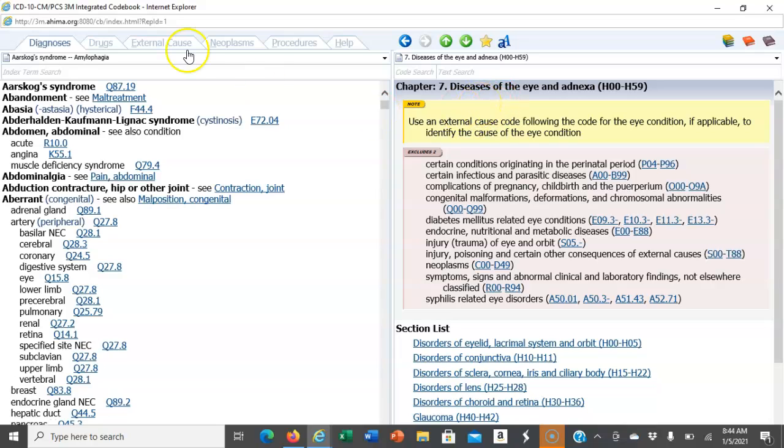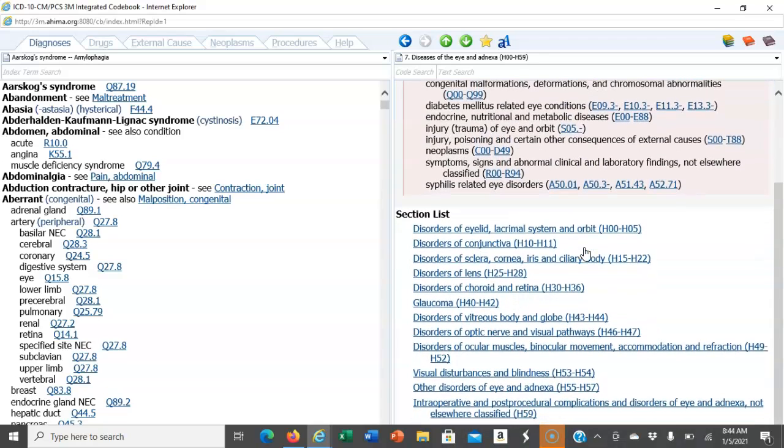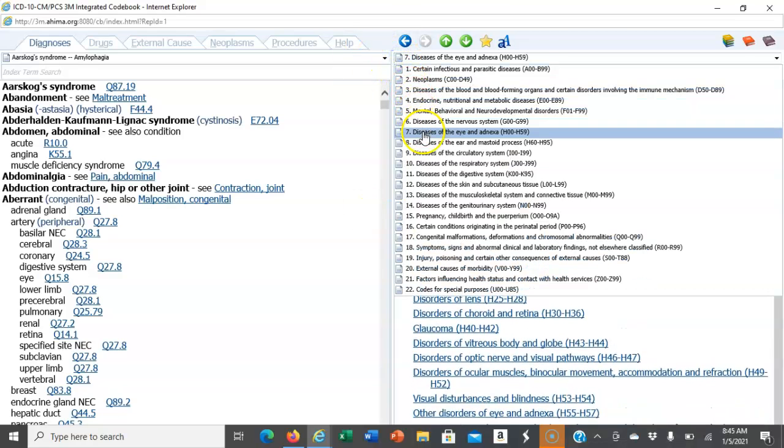Now, of course, as a reminder, we have the external cause tab here. So if we're looking for external cause codes, we're going to be clicking on this particular tab. And as we look at the section list, we can see it's not extensive, and it is specific to the anatomy of the eye typically. Okay, and then if we look at Chapter 8,